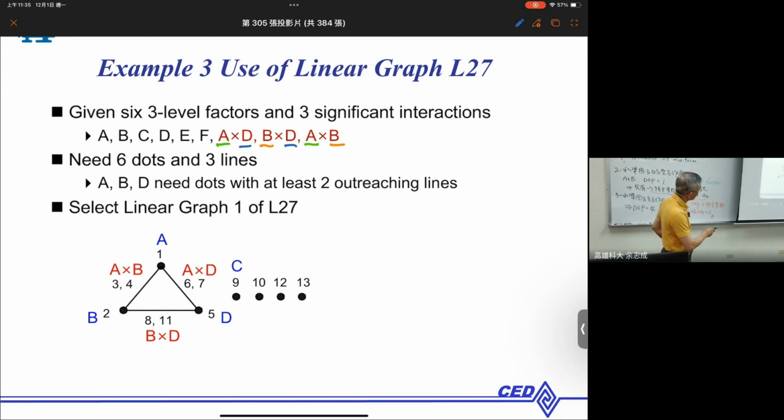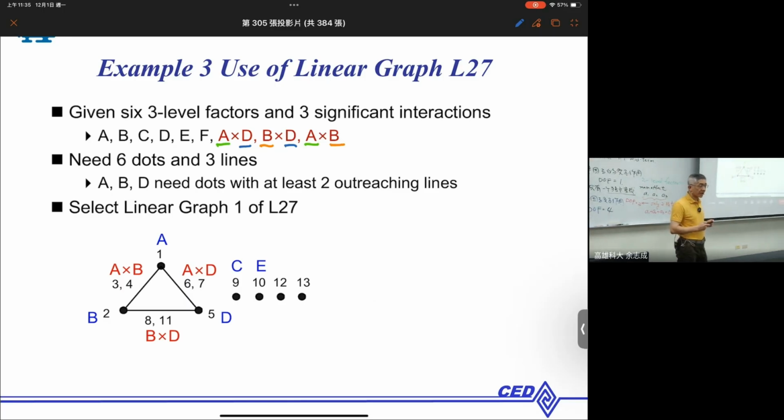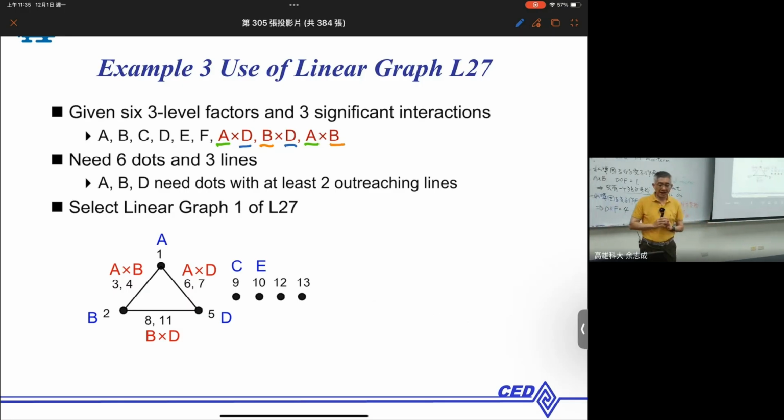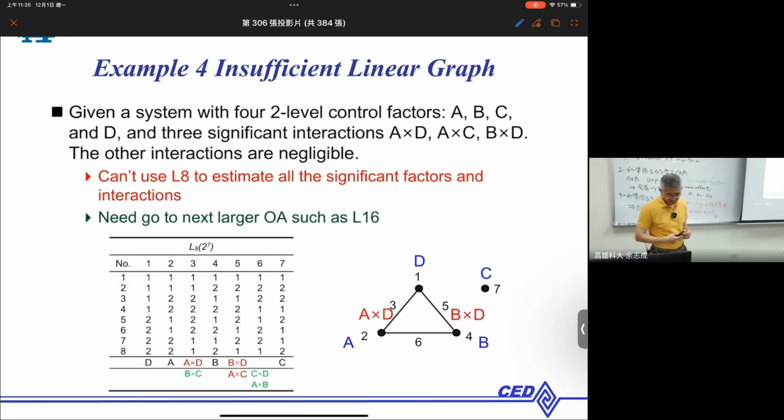C put in dot 9, and what else? E in dot number 10. So in this arrangement, you can make sure that all 5 three-level factors and the 3 interactions can all be estimated. Next,